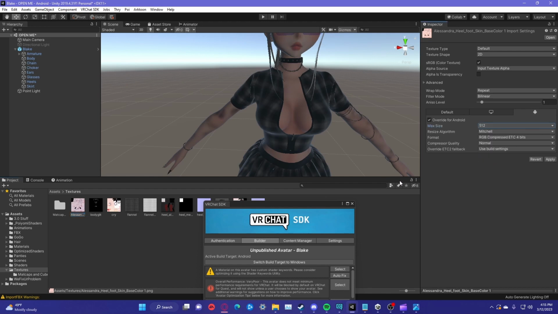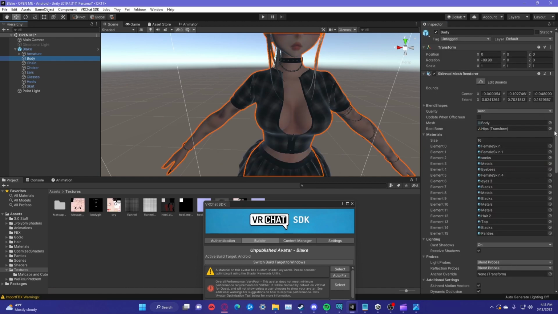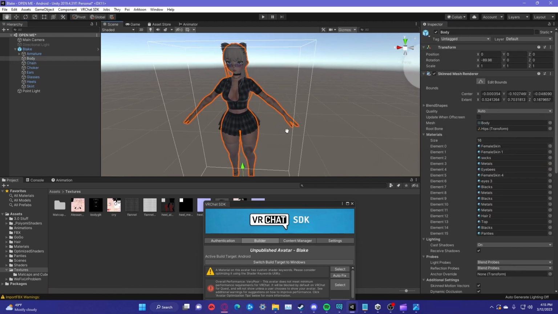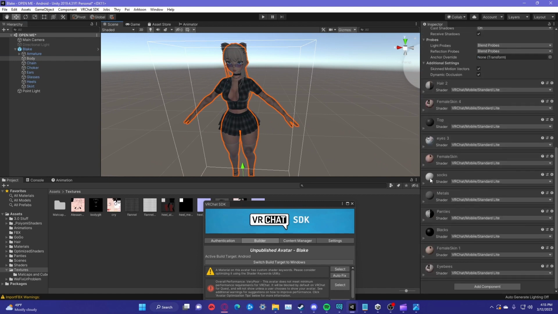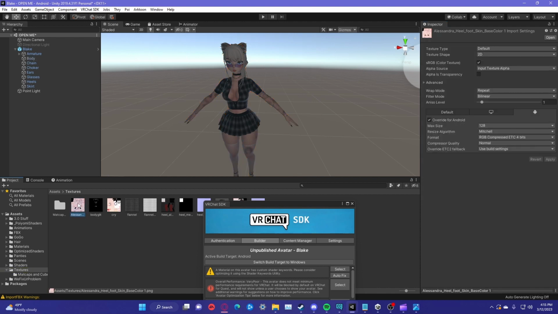Now, if you're like, I do not know where to find my body texture and I don't really want to go through a bunch of different things to find it, you can just click body right here. And then you can scroll down and find what it uses for the body skin, right? The material, sorry. And then you click on it, you open it, and then you see this little texture, and then you just click on that, don't click select, and it'll highlight it. So you click that, go to 512, apply,